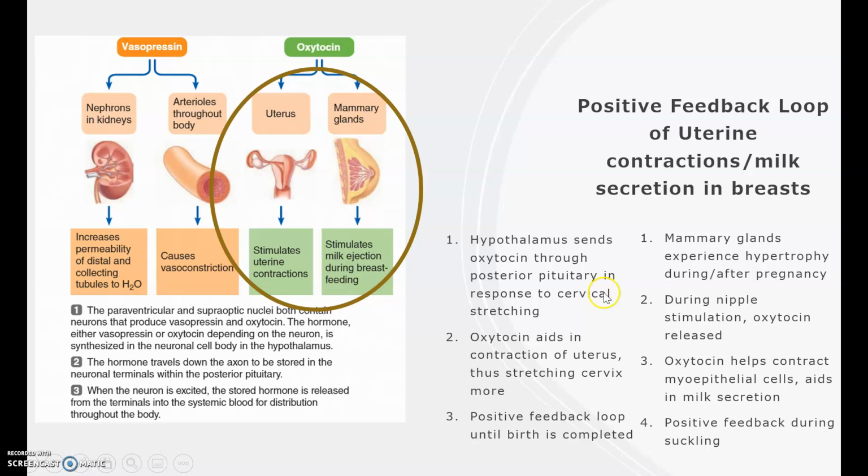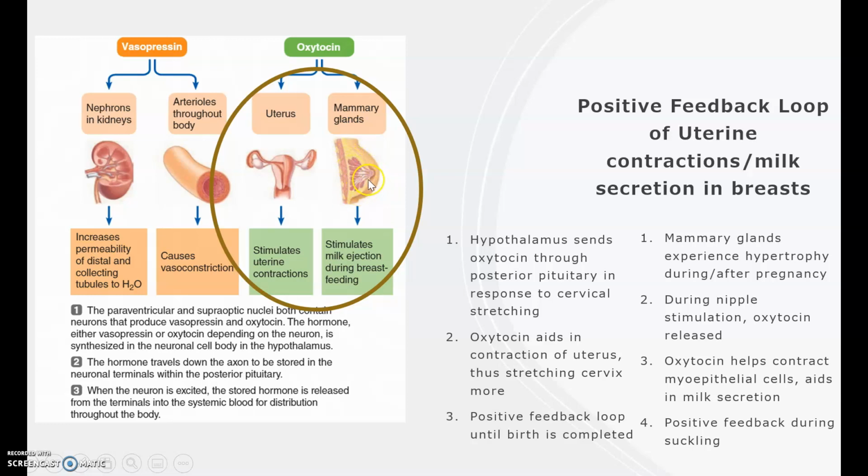Now, another major part in the female system is the mammary gland. So during and after pregnancy, you'll experience some hypertrophy of these mammary glands and the surrounding tissues, like the myoepithelial cells. And when suckling, the baby will be stimulating the nipples, and oxytocin will be released. The hypothalamus will essentially get the signal that, hey, a baby's trying to get milk from my breast. Okay, let's send some oxytocin down, so that the oxytocin will contract these, which look kind of yellow in this picture,